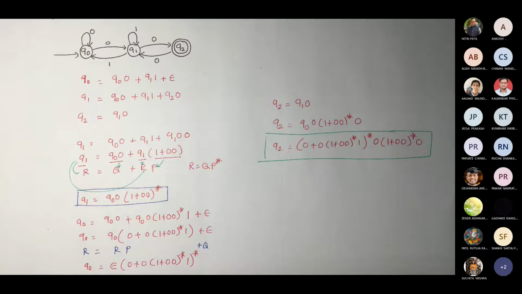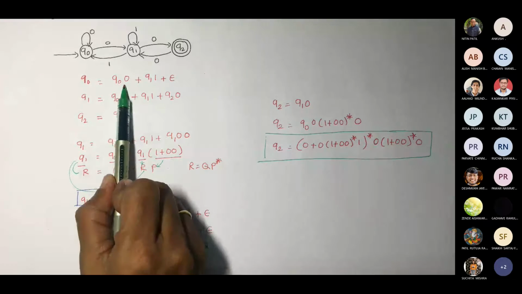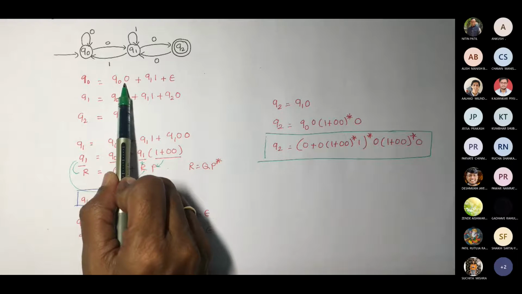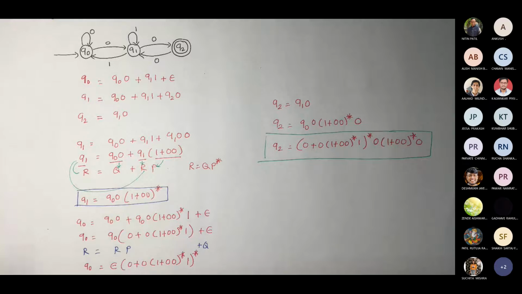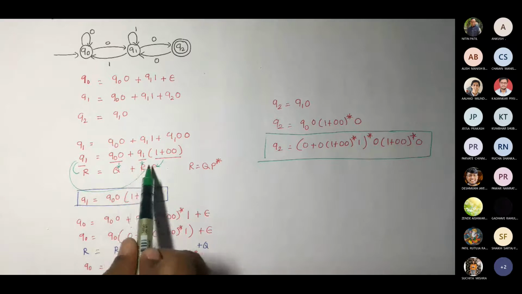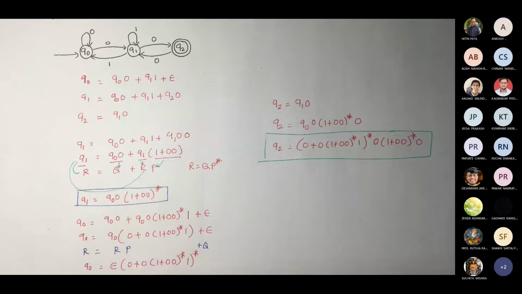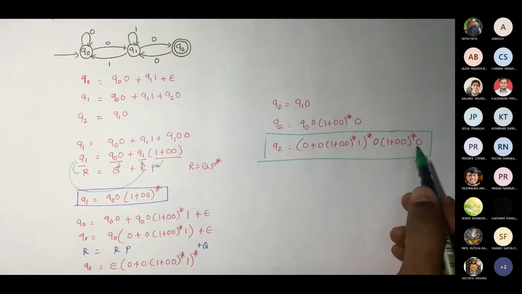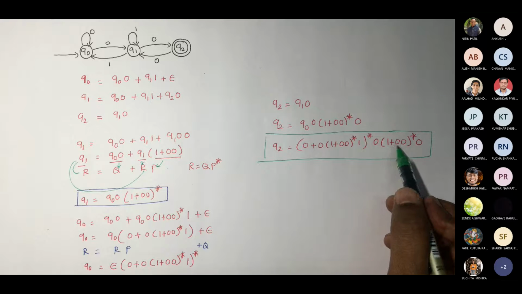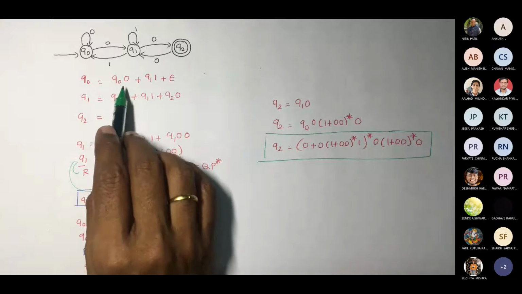Now, what I have seen is most of the time students make a mistake. If you change this position, they write 0 Q0. This is a perfect mistake made by the majority of students in the exam. Now if it is this, you will never get this kind of stuff. It would be PR. As per the mathematics rules, position really matters, because if you change this, if you take this 0 here and this later, then it may not end every time with 0. It may end with 1, 2. So don't ever make any change in these positions.